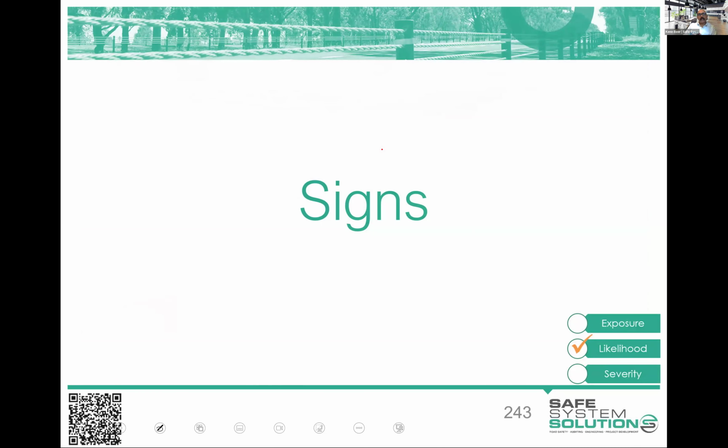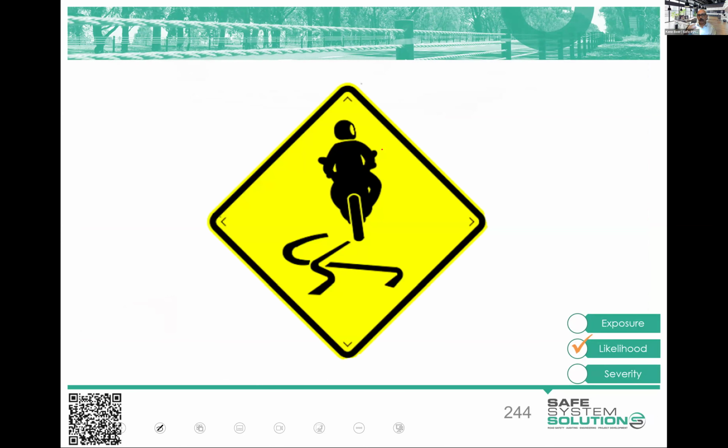So we use signs to warn, inform, and guide, and they're used a lot on the road network, and they help all different road users. We don't want to over-sign, as it can be overwhelming and increase cognitive load and the like, but they can be effective. Motorcyclists are quite attuned to signage and are out there looking and making adjustments to their riding based on the signage. So signing of the road network becomes really important.